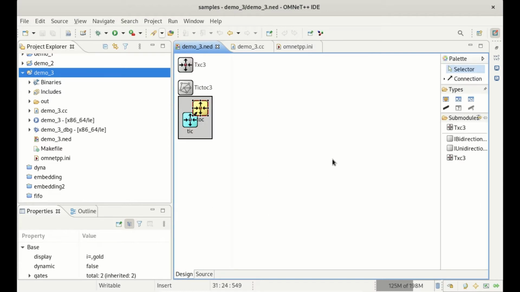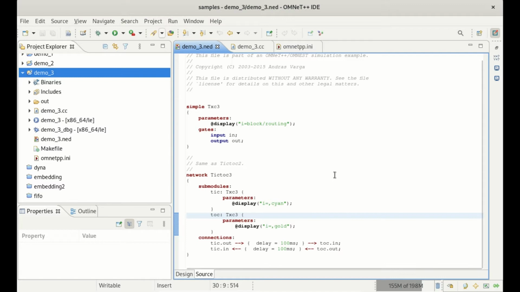Here you can see some modules you can drag and drop and design your own module for the network without writing the code. But since I am comfortable in writing the code, I will explain with the help of code how you can design your network and make your module.